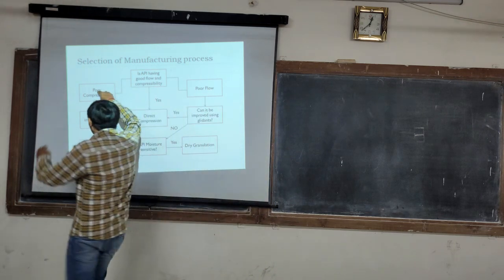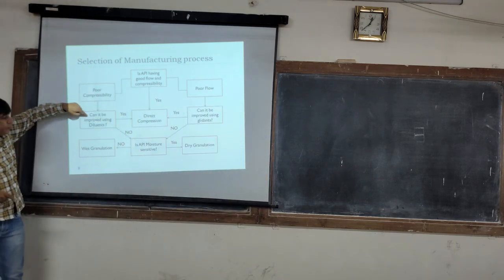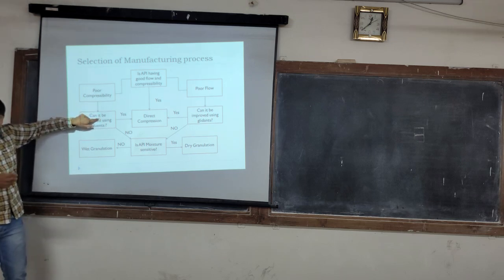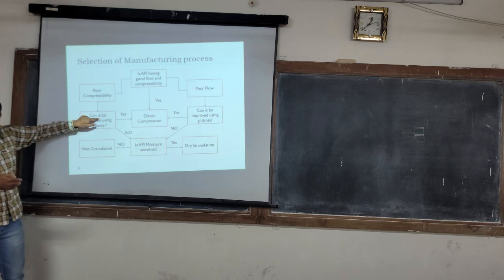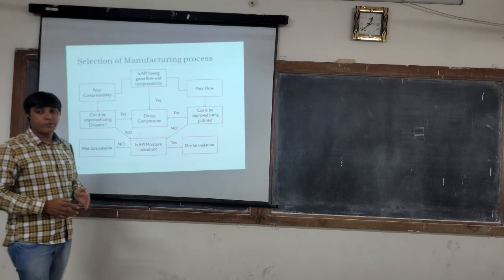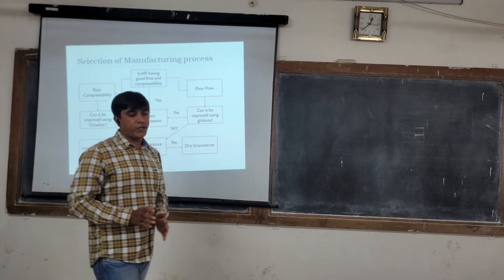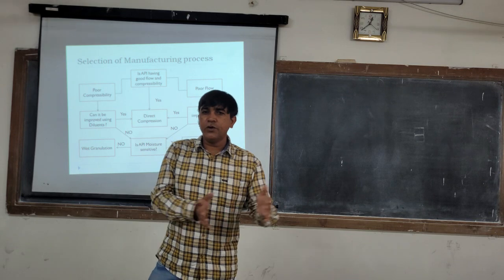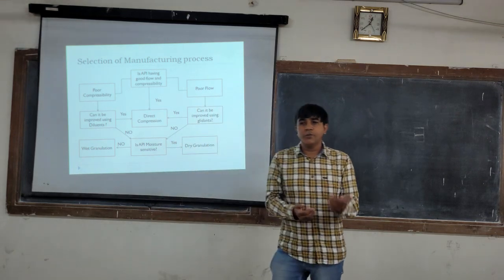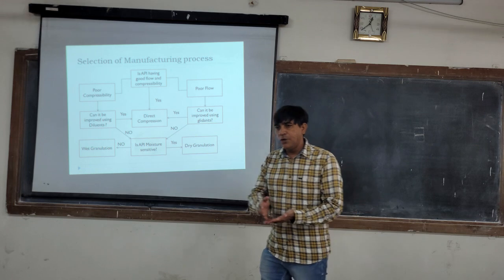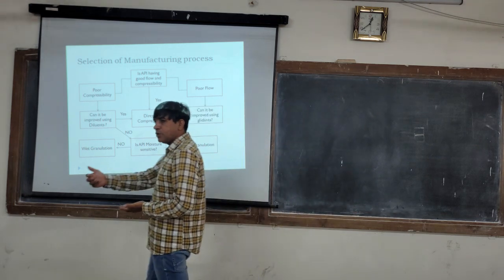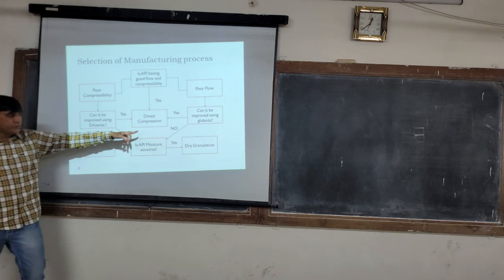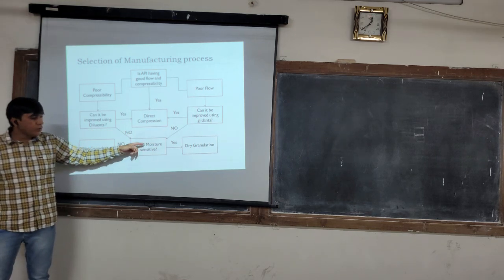If the compressibility is poor, can it be improved by using diluents? Sometimes your drug does not have proper compressibility, but the dose of the active ingredient is 50 or 100 milligrams, and by incorporating another 50 or 100 milligrams of a diluent like MCC or DCP, we can improve the compressibility. If yes, we can go for direct compression. If no, then we need to go for